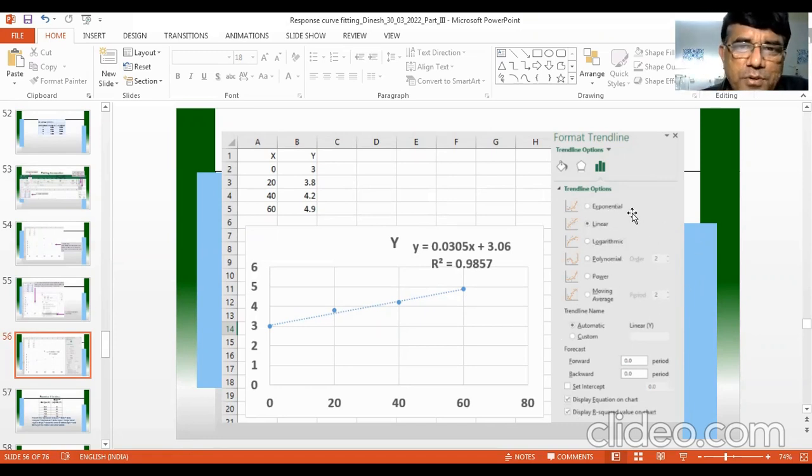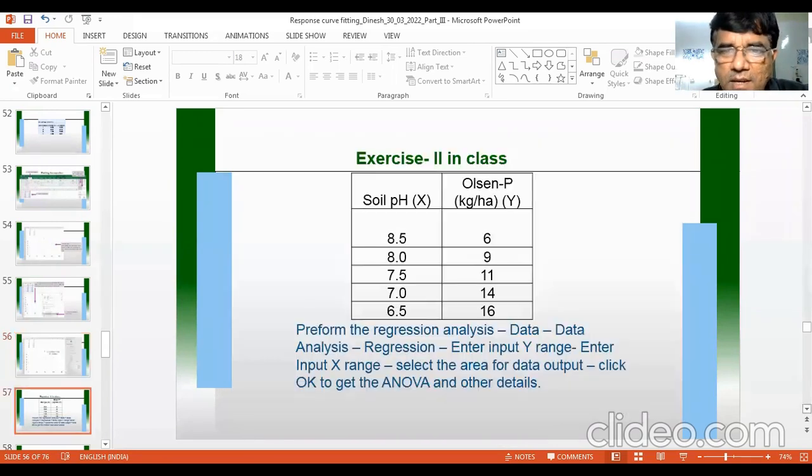In our case, it was a linear equation, so we must fit the linear plot. A linear line will be made. And now we cannot go for another equation because linear was significant, as we have just seen. Click on linear, and on the bottom side, tick display equation on the chart. Tick here also display R squared value on the chart. You tick on both places, and then